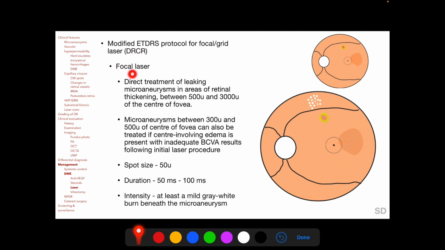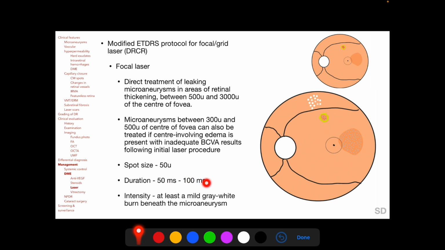So focal laser is direct treatment of leaking microaneurysm in areas of retinal thickening between 500 microns and 3000 microns of the center of fovea, and microaneurysms nearer to the foveal center between 300 microns and 500 microns of the center of fovea can also be treated if center involving edema is present with inadequate visual acuity results following the initial laser procedure. The spot size for focal laser is 50 microns and the duration of burns is 50 milliseconds